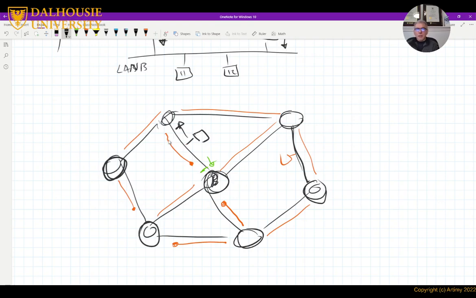So in any network with two bridges, one of them is blocked, one of them doesn't participate. There are exceptions here. We have something called the root bridge in the spanning tree, right?